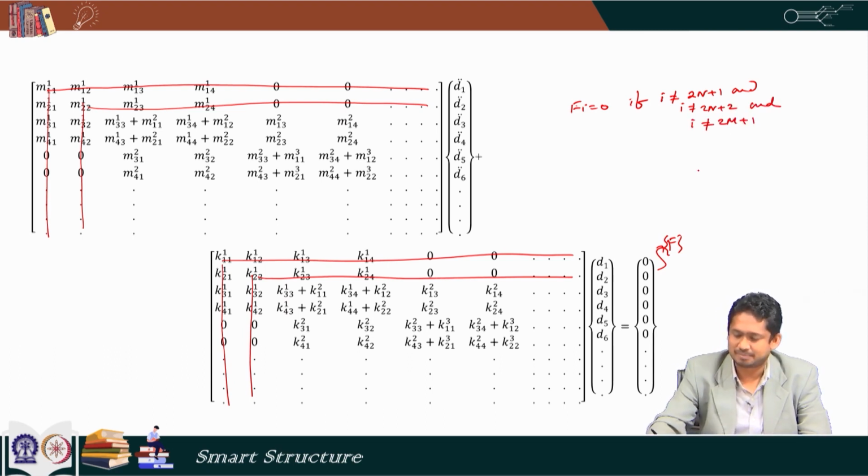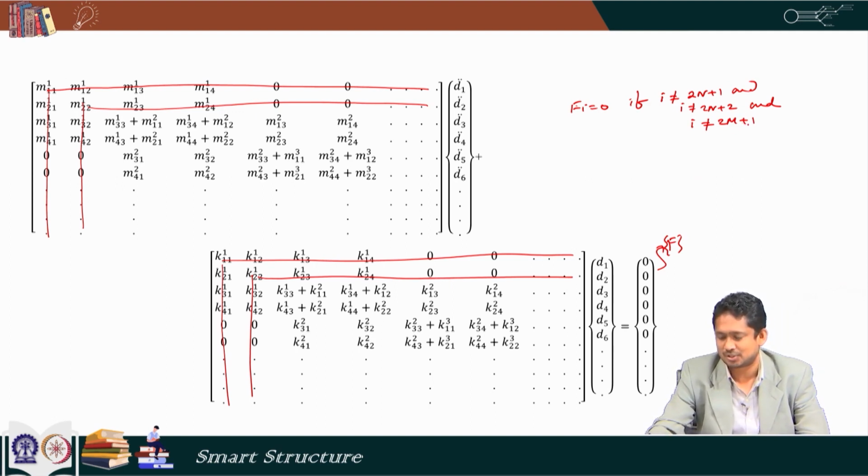So, other than 2n plus 1, 2n plus 2 and 2m plus 1, for all other indices f I is 0,